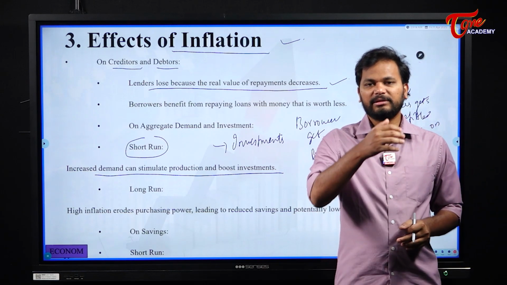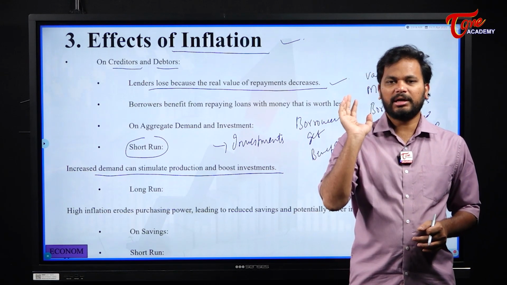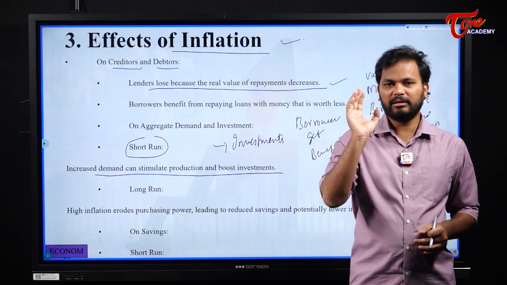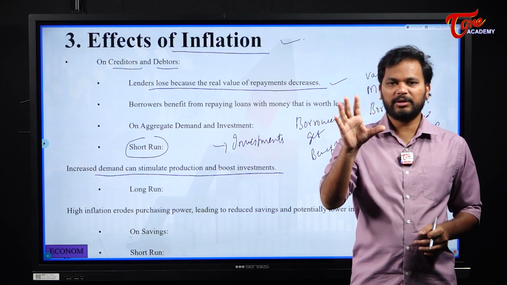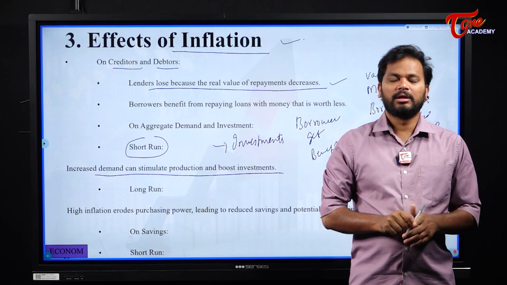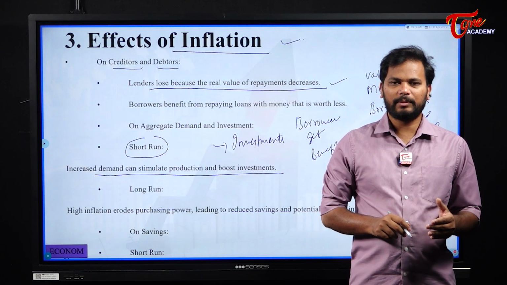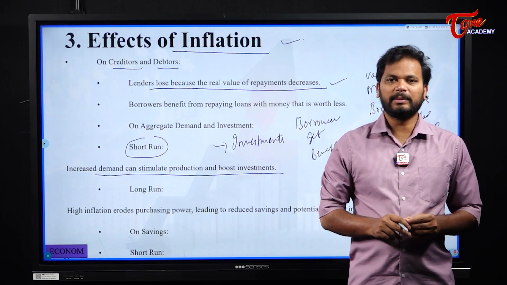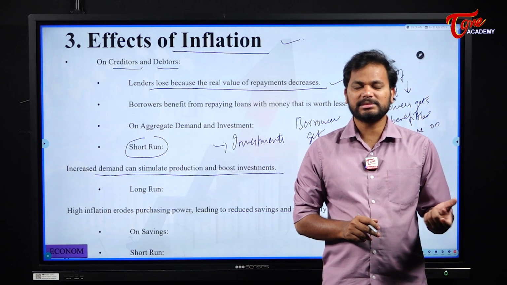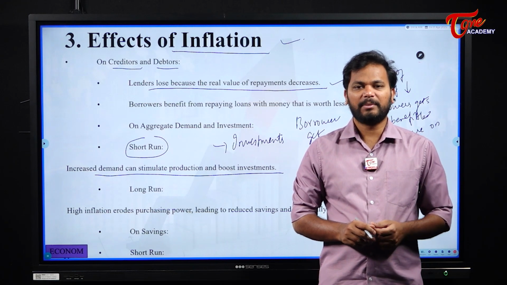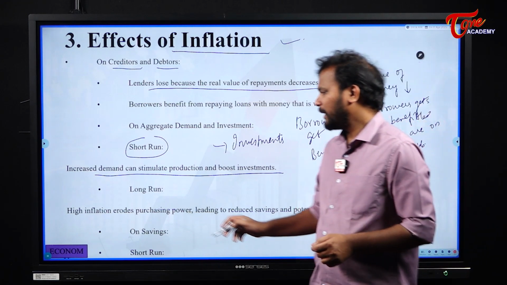For example, if there is an increased demand for mobile phones, the production companies will invest an additional amount in the sector of mobile phones to match up the demand, and that demand has arisen because of the increased supply of money in the market. Clear? But in the long run,